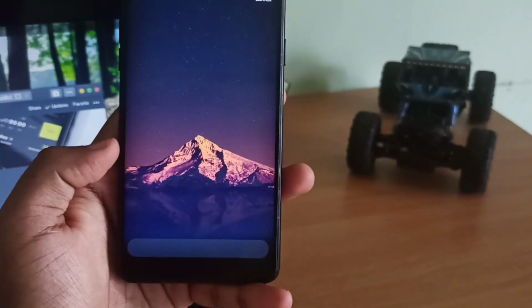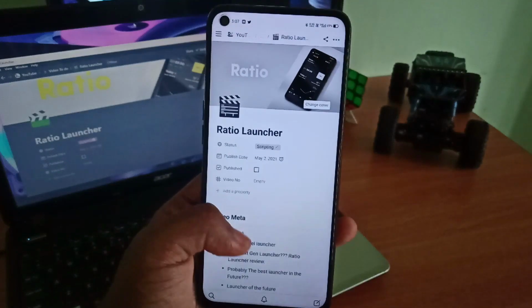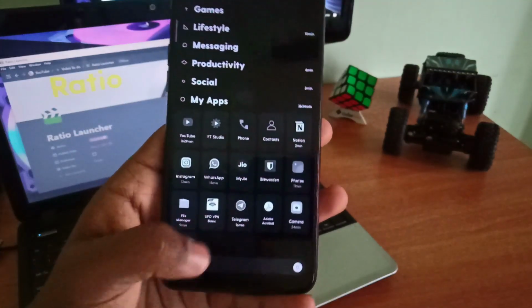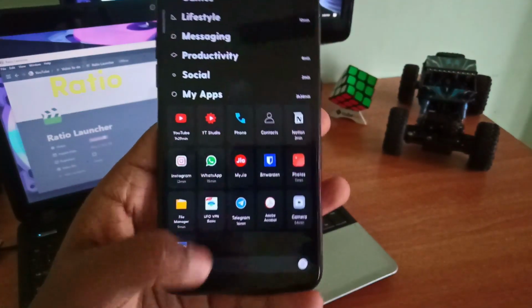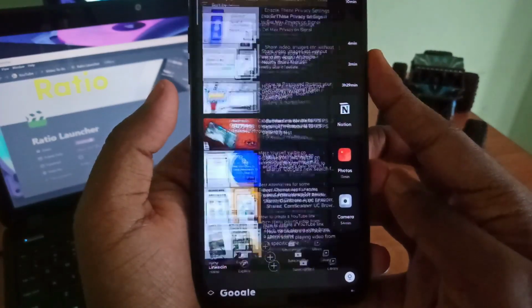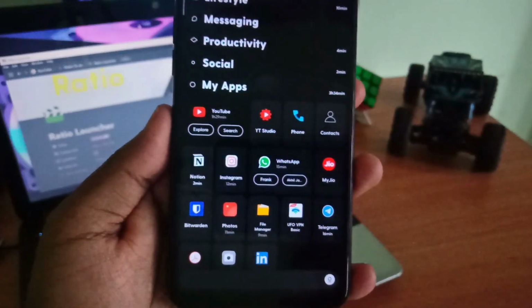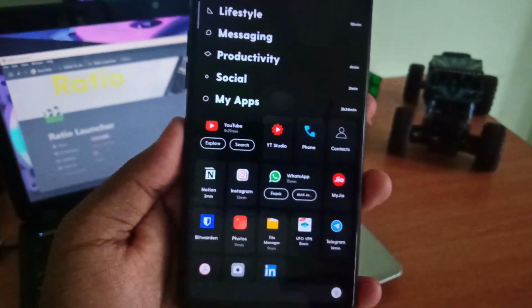Here you can also move the app to a different app drawer, make the app monochromatic, that means make it black and white so that you don't tend to use that app for a longer time, lock a particular app or lock a particular app drawer, mute it, and also you can expand a particular app icon.